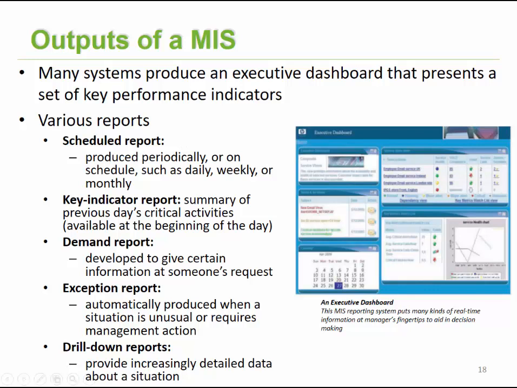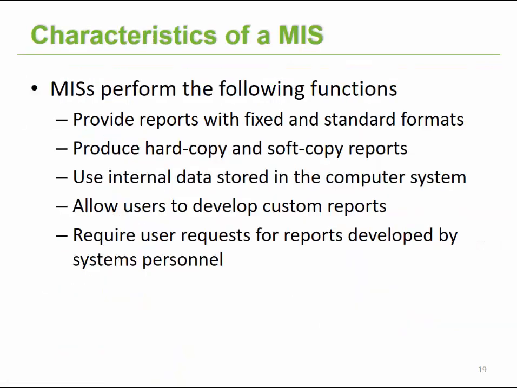Now let's continue and look at the characteristics of management information systems. Typically we would find that these systems follow a specific number of functions. For example, it would provide you with fixed or standard reports. It's going to provide you with either a hard copy or a soft copy of all your reports. It's going to use the internal data that we have in our computer system. It's going to allow users to develop custom reports. And then it will also facilitate that reports can be requested and that these will be developed by our systems